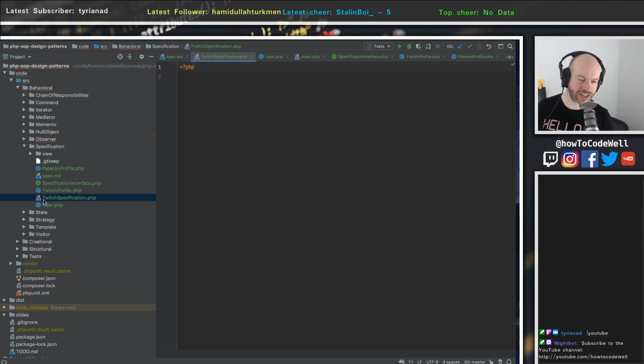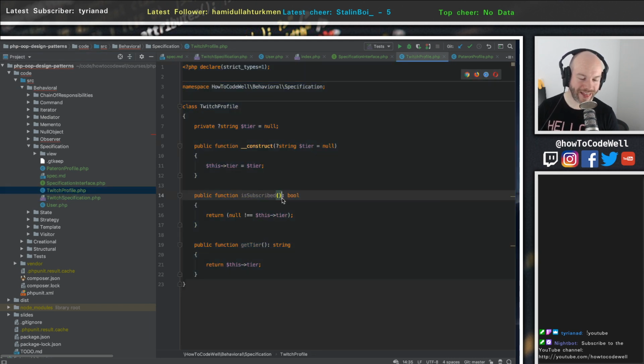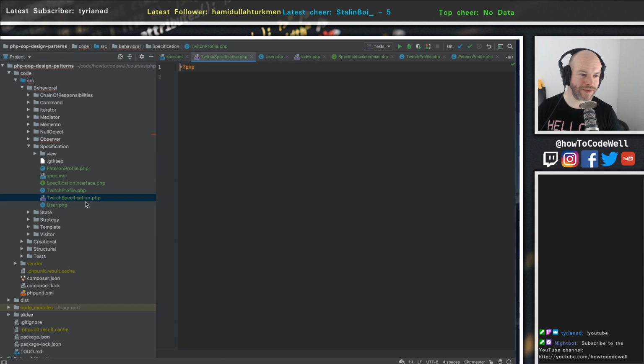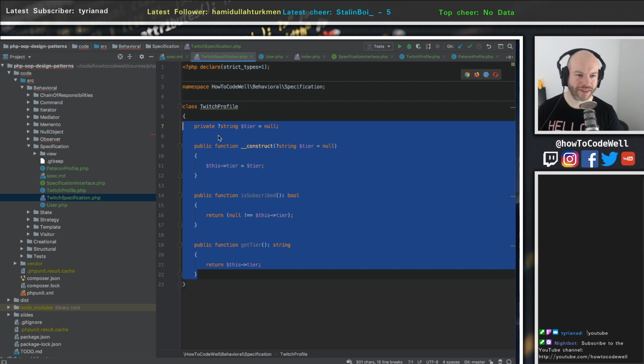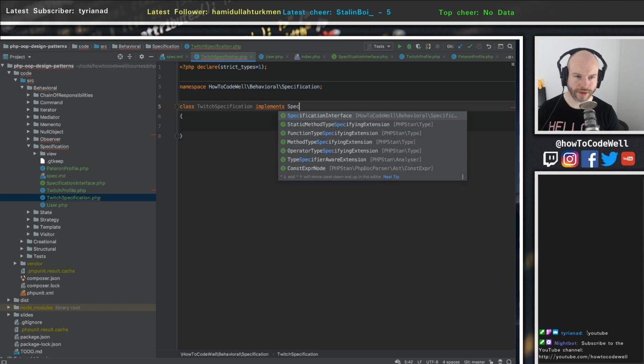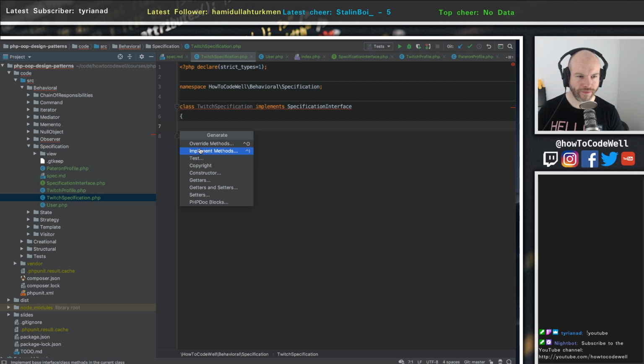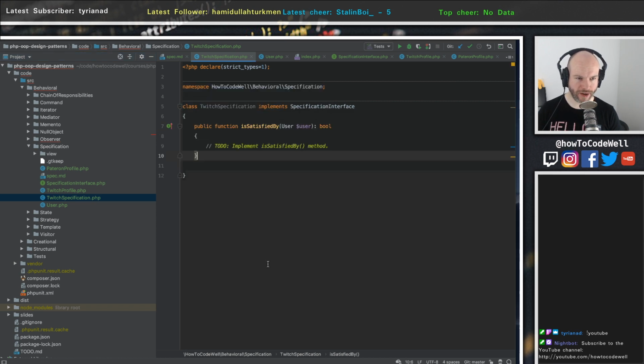Now this Twitch specification is going to implement the specification interface. Implements specification interface, which means that we need to have an isSatisfiedBy. So we pass in the user, and what we can do is return